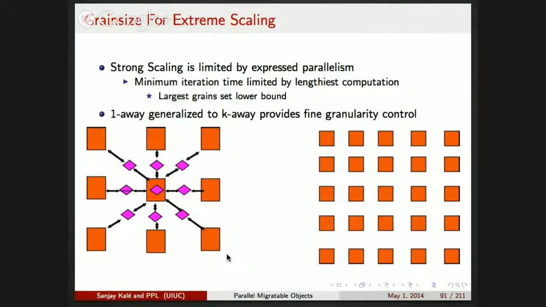So here's an example of that. This is a molecular dynamics simulation. Basically, the strong scaling is limited by the most overloaded processor, and if the most overloaded processor has the largest chare, then it's going to be limited by that. So what do we do